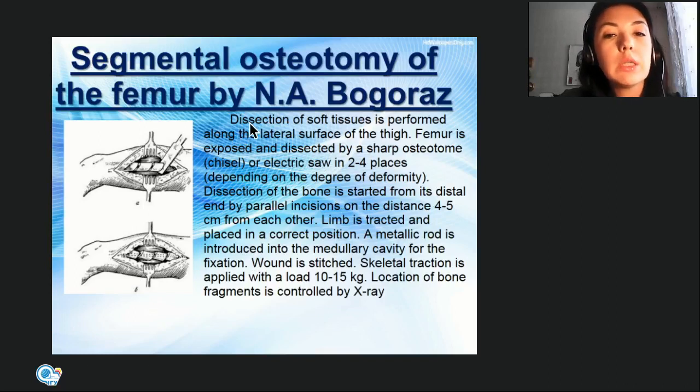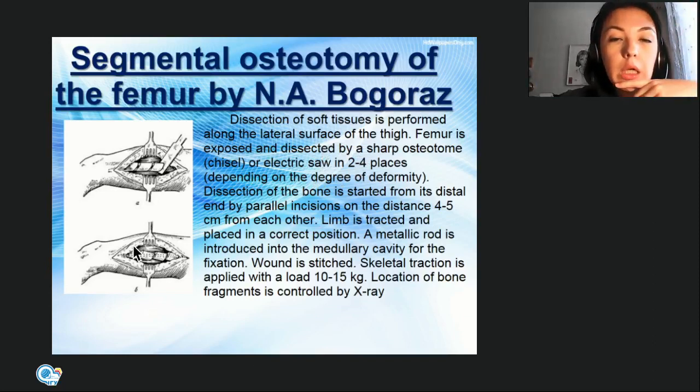So a dissection of soft tissues is performed along the lateral surface of the thigh. Why? It's clear, because anteromedially there are main neurovascular bundles. That's why we are going laterally. So the femur is exposed and dissected by a sharp osteotome, chisel, or electric saw in 2-4 places, depending on the